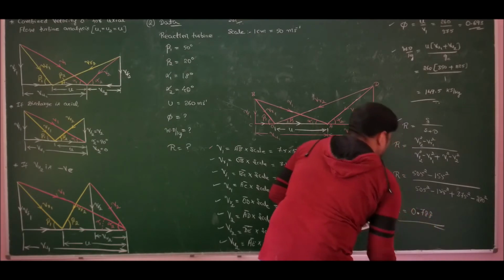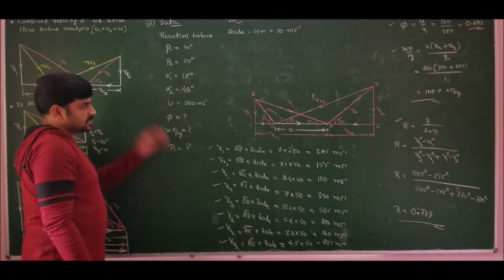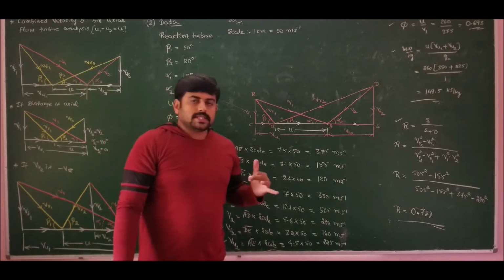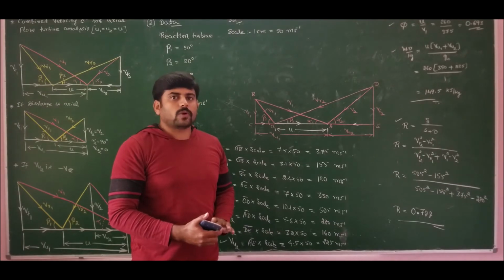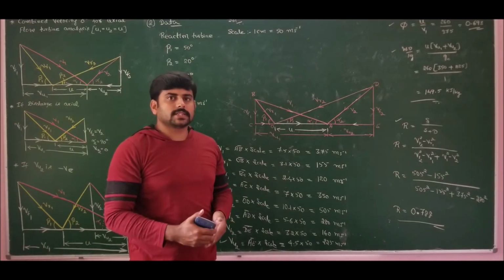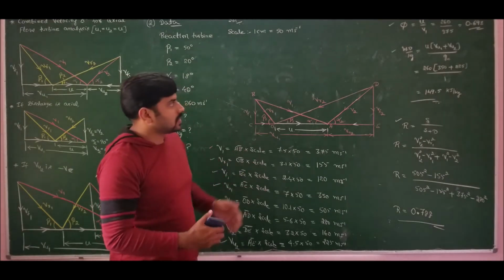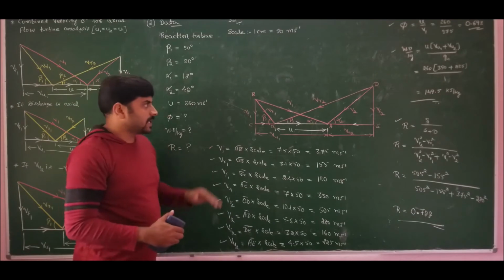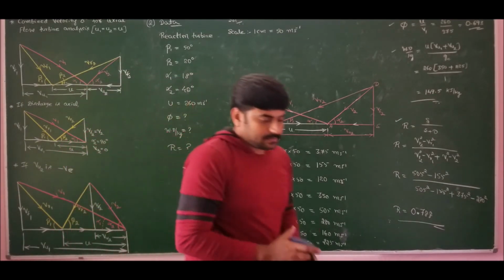So it is a 78.8% degree of reaction steam turbine. So this is the solution for the second problem. The same problem we have already solved analytically in lecture 10 of our module 2. If you want, you can refer to that lecture, which is a bit difficult, but here we have solved it very easily. Let me pause this video for a while so that people can copy it down. Later we will solve problem number 3.